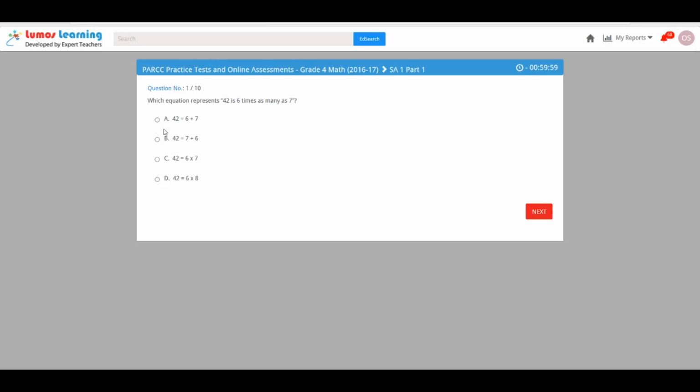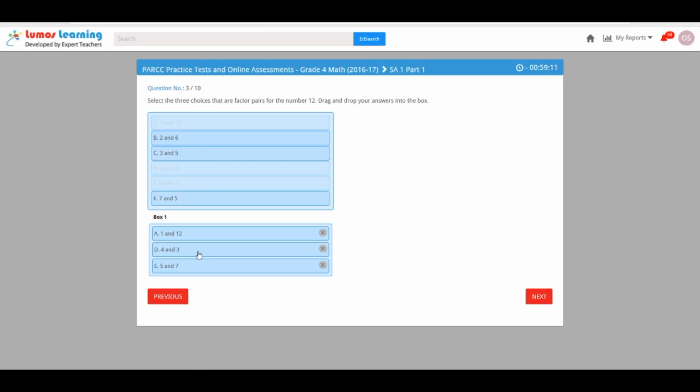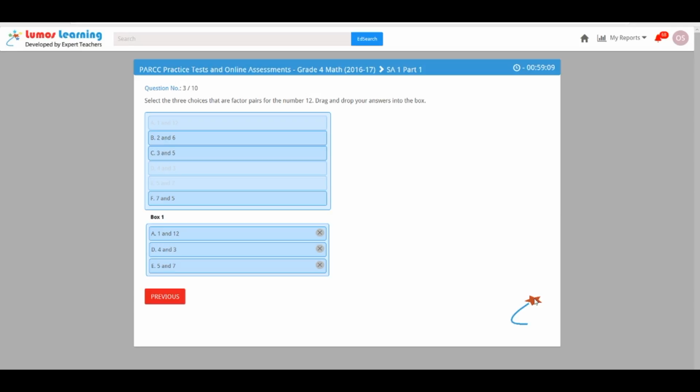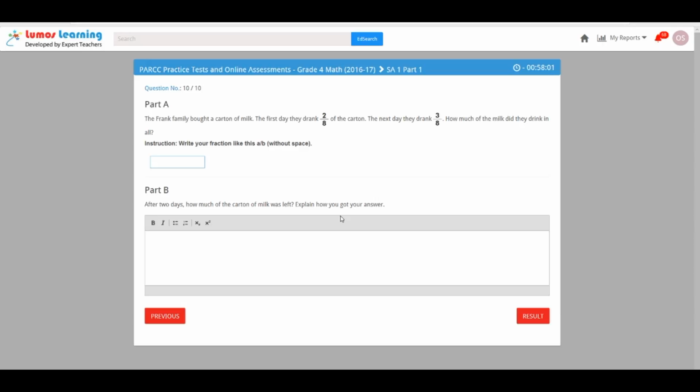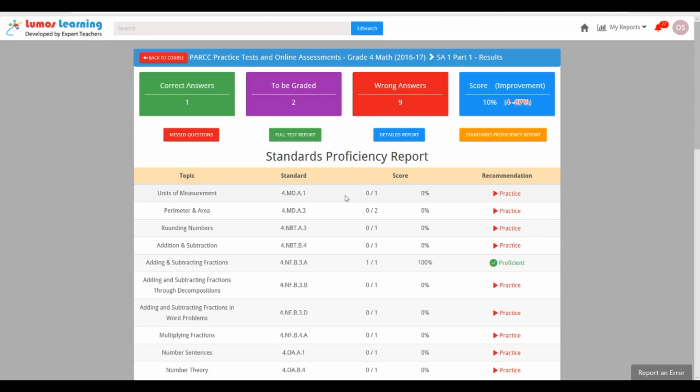So as you can see, there's multiple choice, there's drag and drop. Again, these are all different tech-enabled question types that the students will see on the state standards. Once the student is done with the test, they simply click on Result, and it'll immediately show them how they